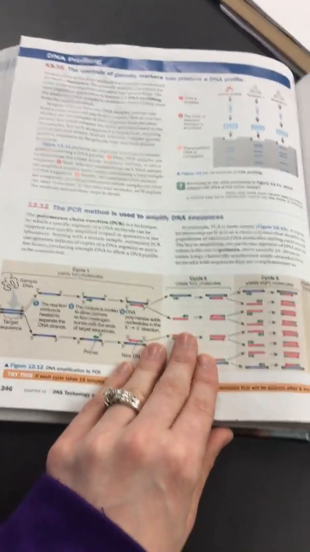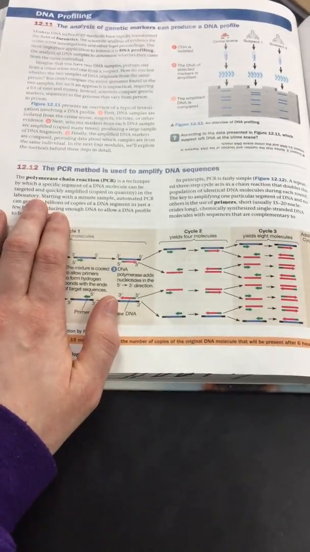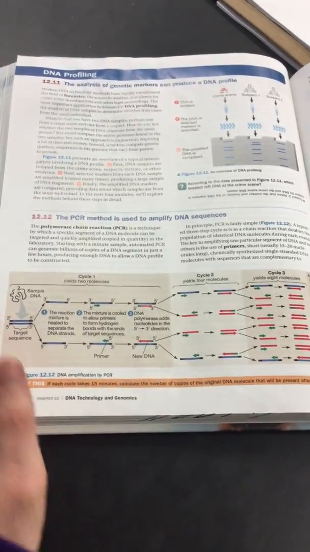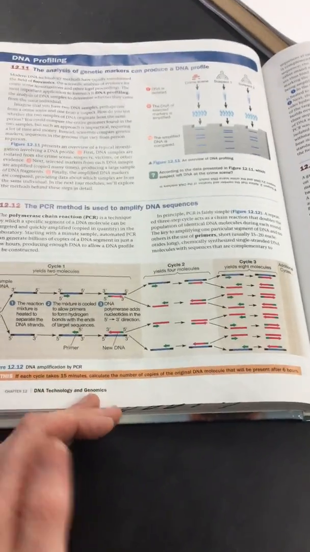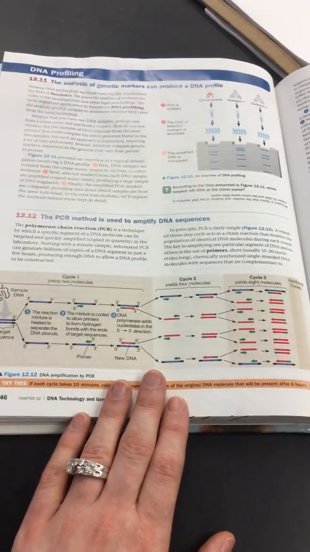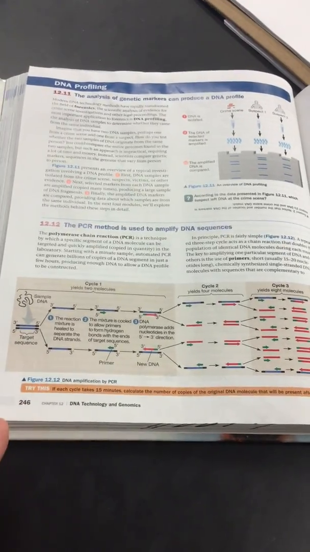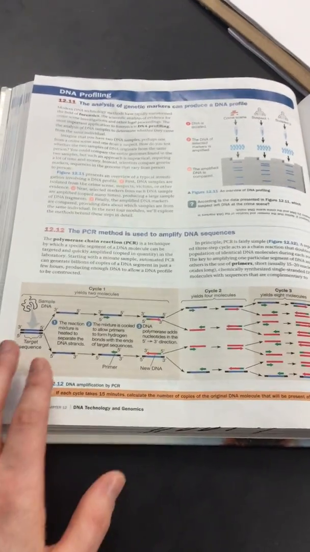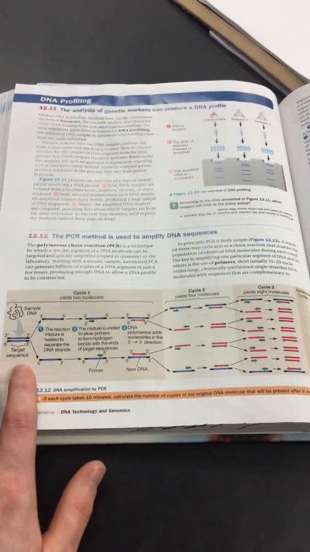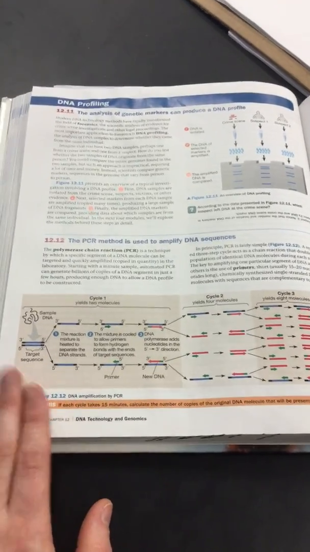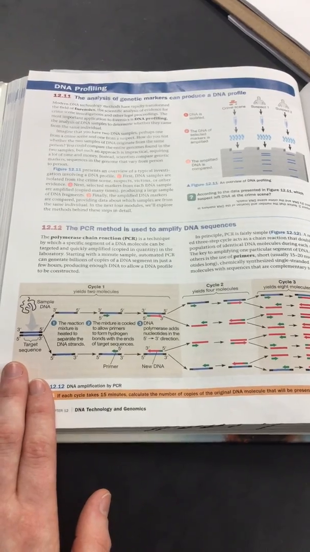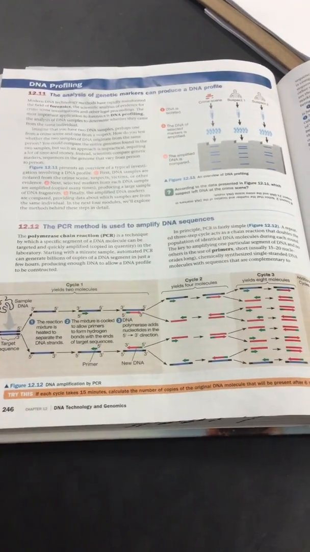The first thing you have to know is PCR. PCR stands for polymerase chain reaction. Hopefully you remember the term polymerase. There's DNA polymerase and RNA polymerase. In this example, we're talking about DNA polymerase because we're going to copy sequences or sections of DNA. The way this works, you take your sample of DNA and have that cut into different sequences. Then in PCR, they take the DNA and heat it up a little bit.